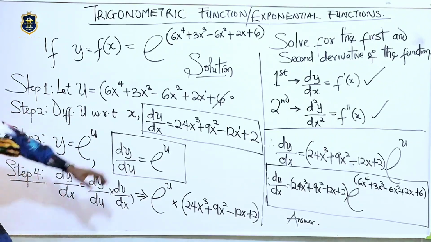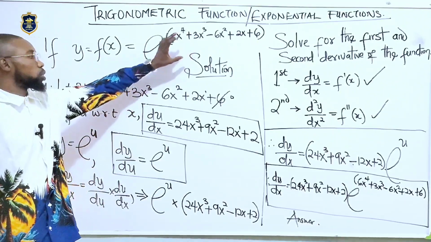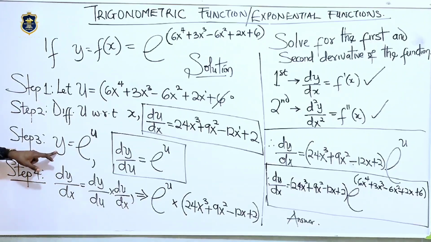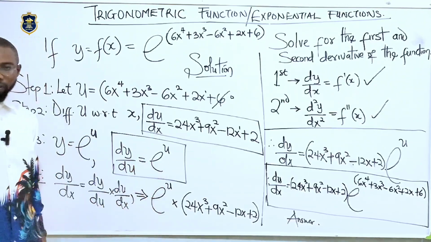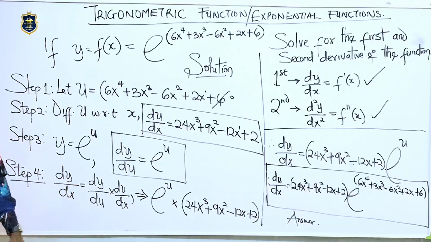Step 3 is to bring out the question again. That's y being e raised to the power u, and then you differentiate it. By differentiating it, you have e raised to the power u. Step 4, you use the formula, which is